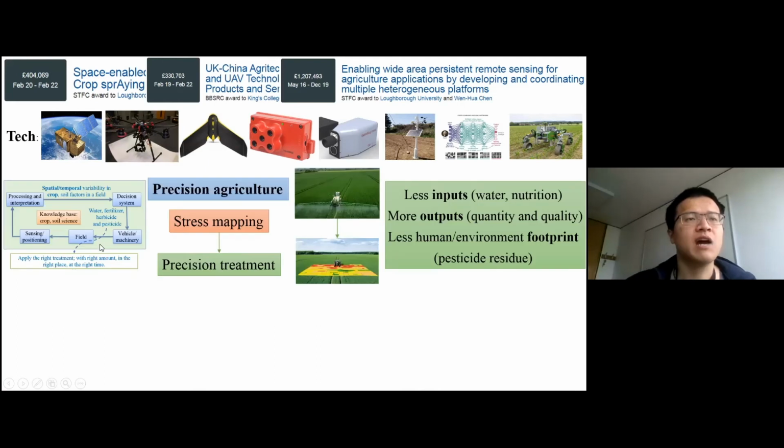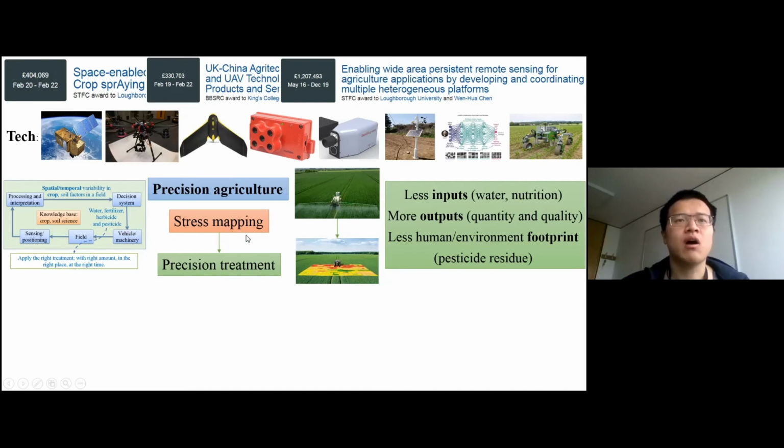So in terms of the precision agriculture framework, we start from the field. We use different precision sensing systems to obtain information. We process and interpret the information to get the spatial and temporal variation for the crop and the soil factors in the field. Then we make decisions regarding the water, fertilizer, herbicide, and pesticide, and finally implement them with vehicles and machinery.